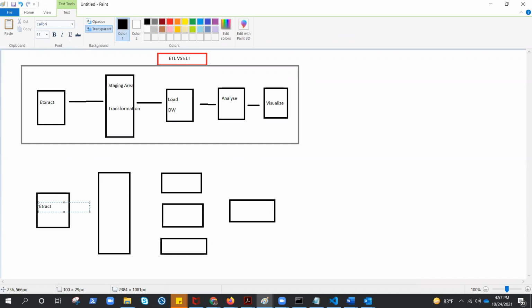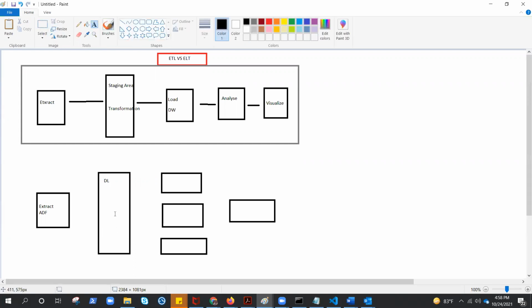This is the extract phase where we are extracting data. And if we talk about Azure, it is Azure Data Factory, which is an awesome tool for the data architecture, data pipeline that will act like an orchestrator. Earlier in this staging area, the transformation was happening, but here this is a data lake, low-cost storage where you can store any kind of data, and you will be using it to